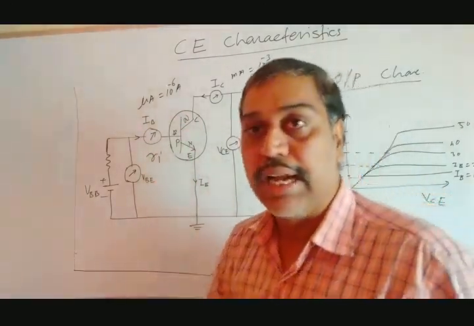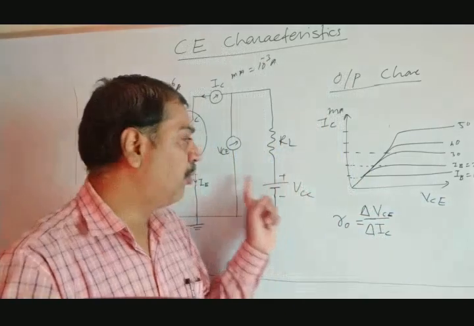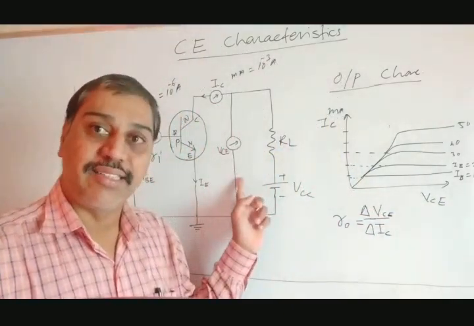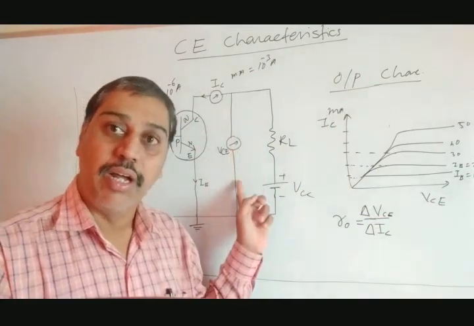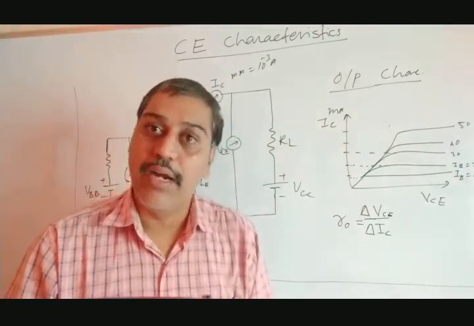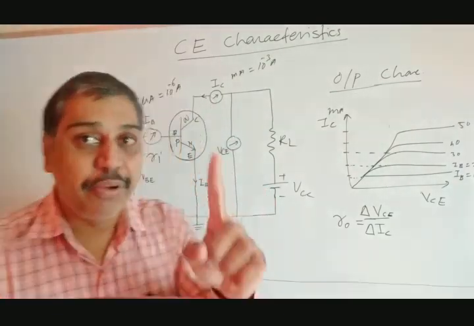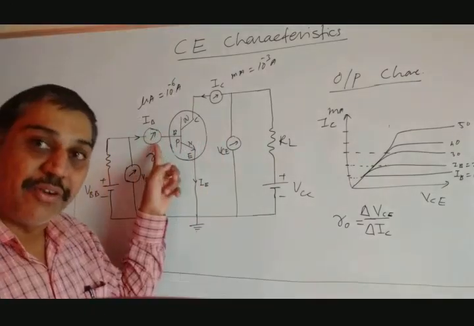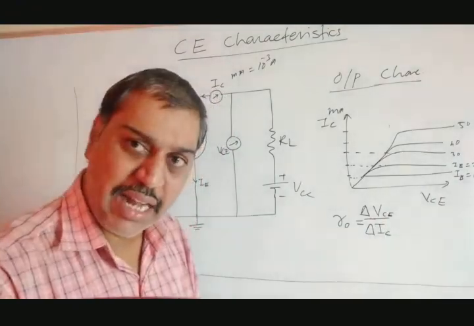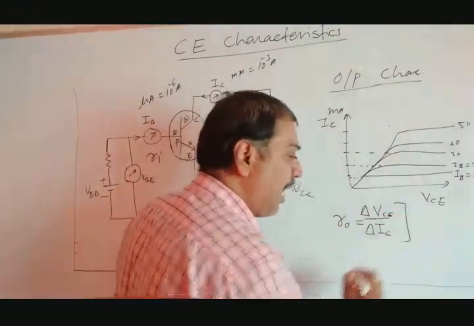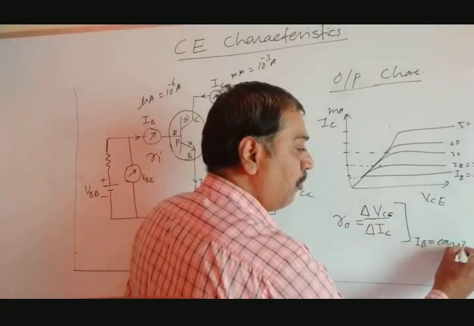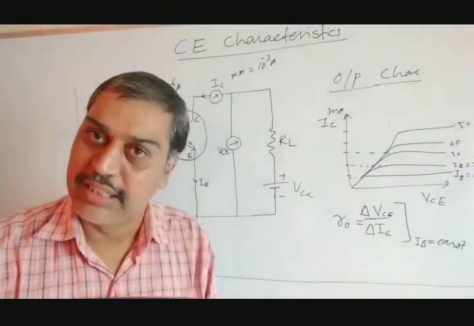Similarly, output characteristic means what? It is the variation of output voltage with the output current. So both are changing, so we should use a delta symbol, and we have to find out the output resistance. But the variation of output voltage, how the current is changing. While doing this, what is constant? Input current, base current IB is constant. Okay, so we have written this delta VCE divided by delta IC. We can write one parameter like this, when IB is constant. Constant means what? It may be 10, 20, 30, 40, that value.